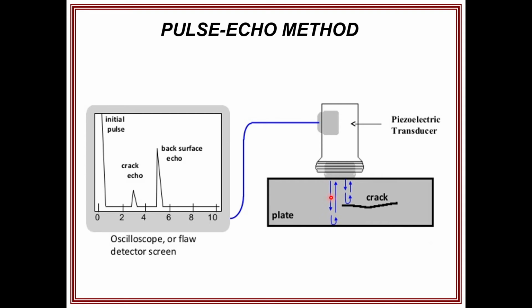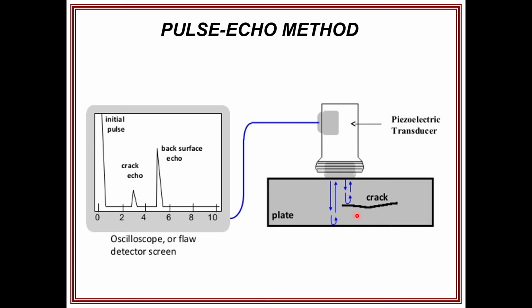You can see here the ultrasonic waves are traveling inside the material and reflecting from the back portion of the material if there is no crack in their path. If there is no crack or hole, these ultrasonic waves travel inside the material and come back. And we can note down the time required for the ultrasonic waves to return, meaning the time required for the echo can be calculated here.